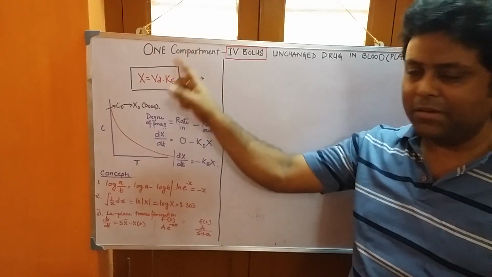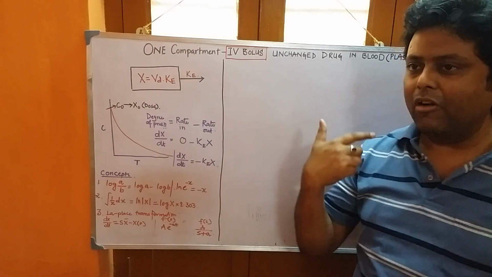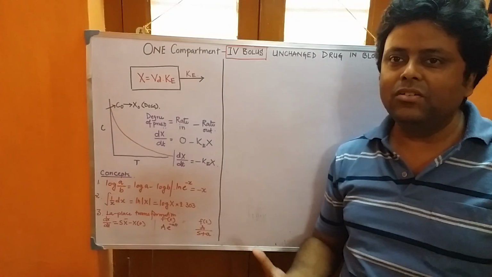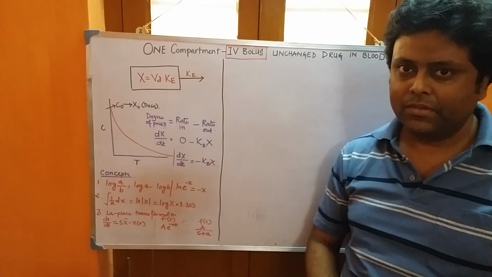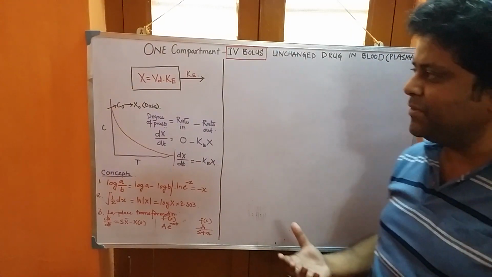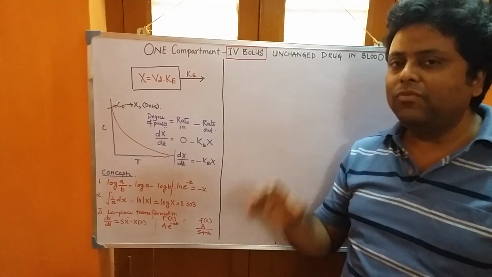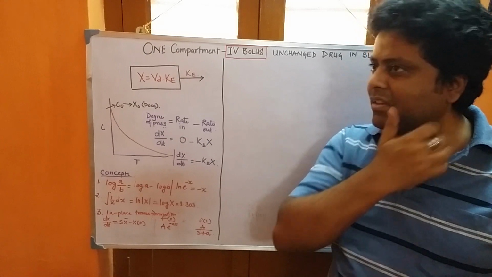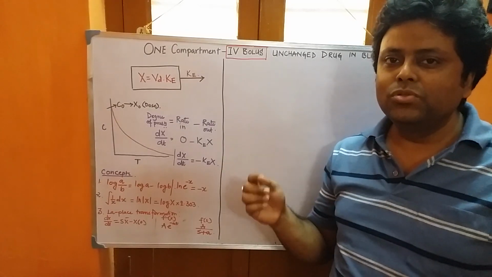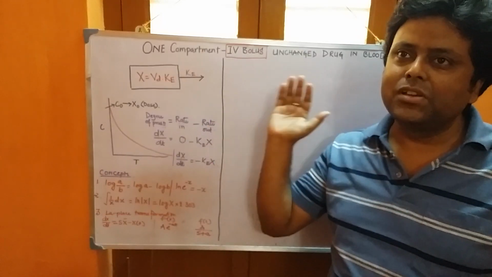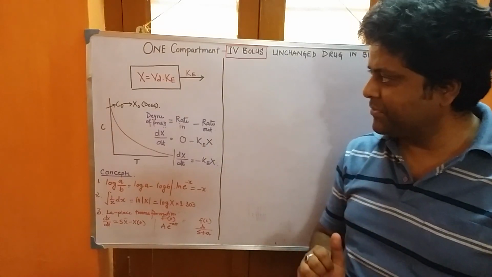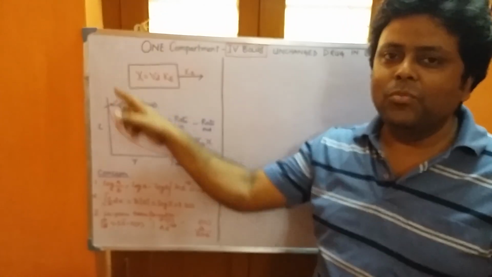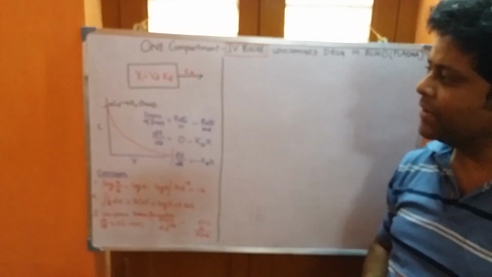It is a one compartment open model where we consider our body as a single homogeneous unit. This concept is valid only for those drugs which restrict their distribution to the highly perfused systems or organs. So let us consider our body as a single homogeneous compartment.